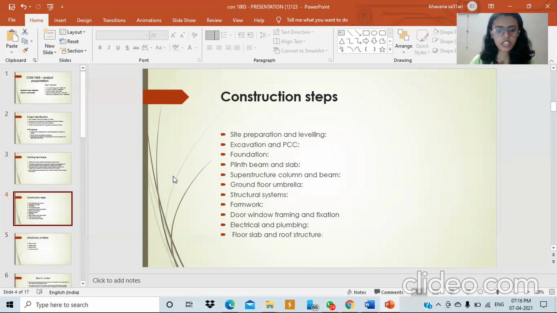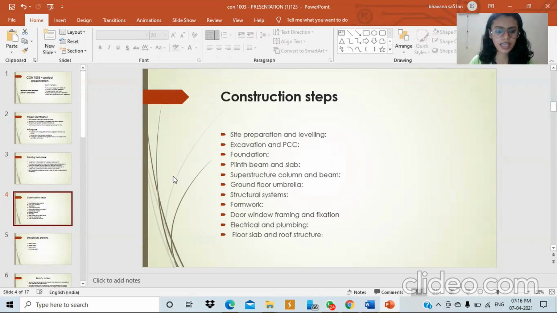In this, the foundation trench is excavated, and a layer of PCC is laid in the dug portion before placing the reinforcement for the foundation. Then next is the foundation. It is the part where the building is actually supported, and the load is transferred from the superstructure to the soil, and it should be extremely strong in order to handle that load. So here a mat foundation is done in the case of the Bow.